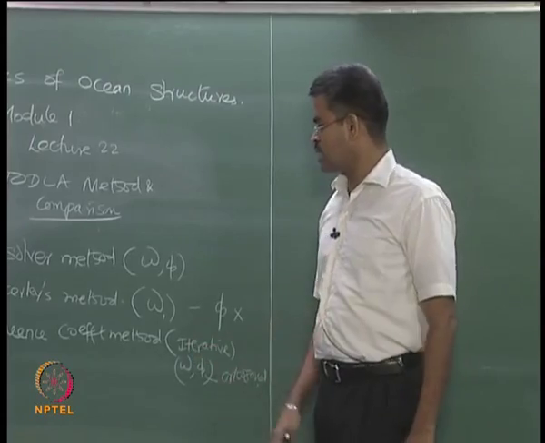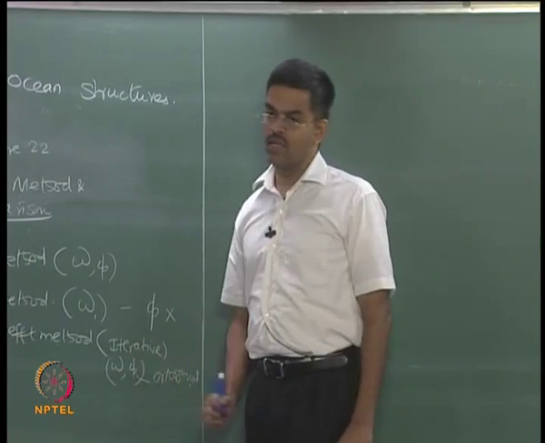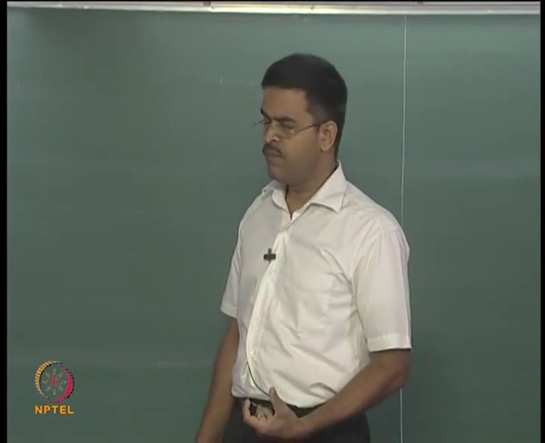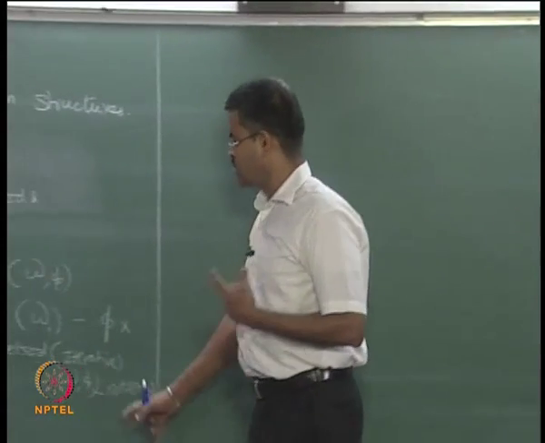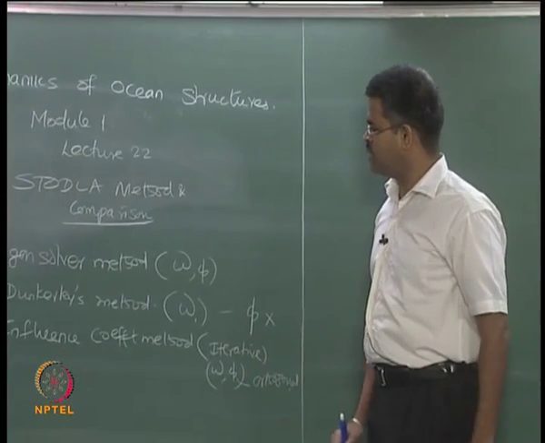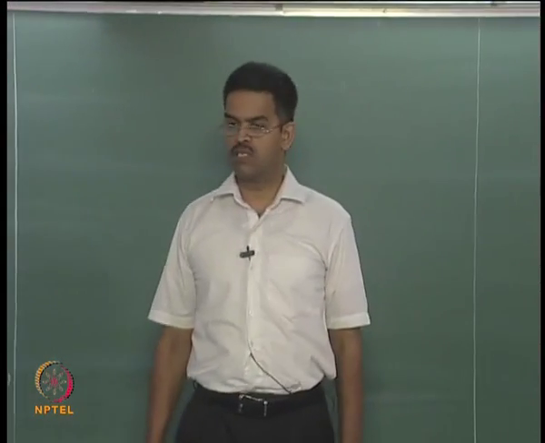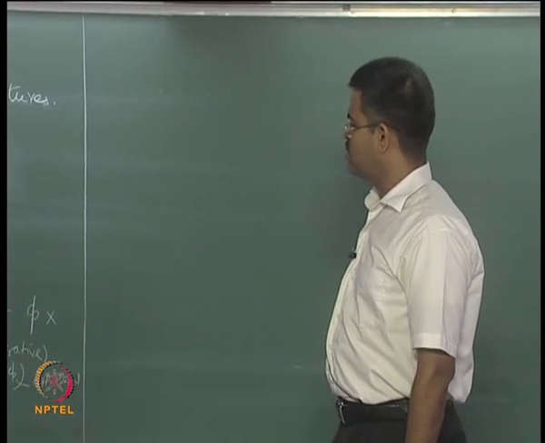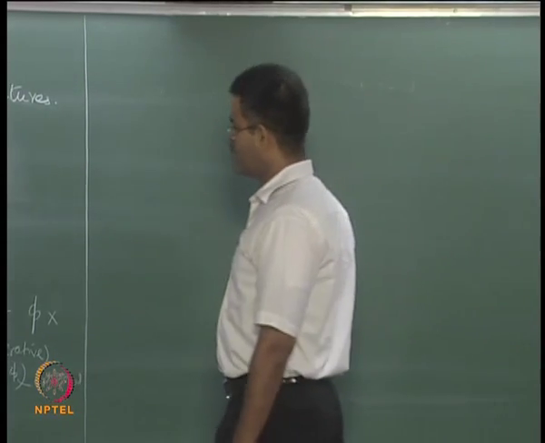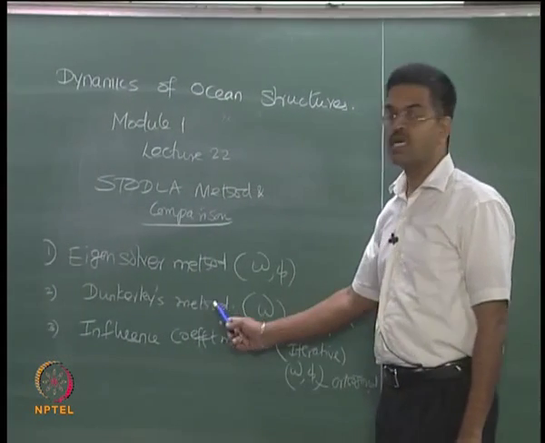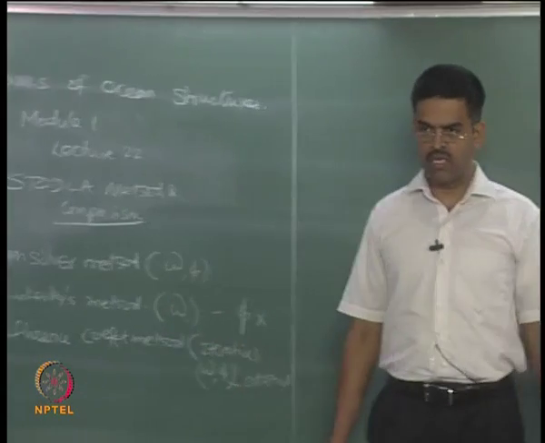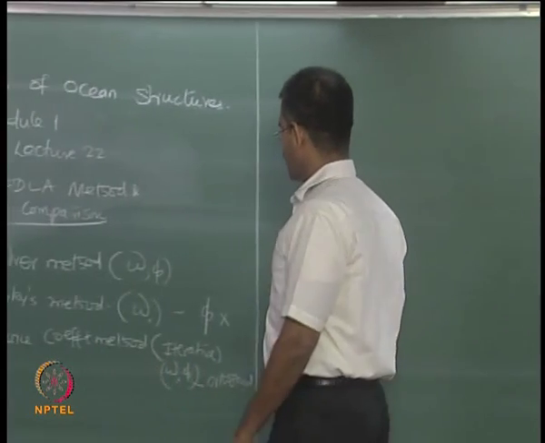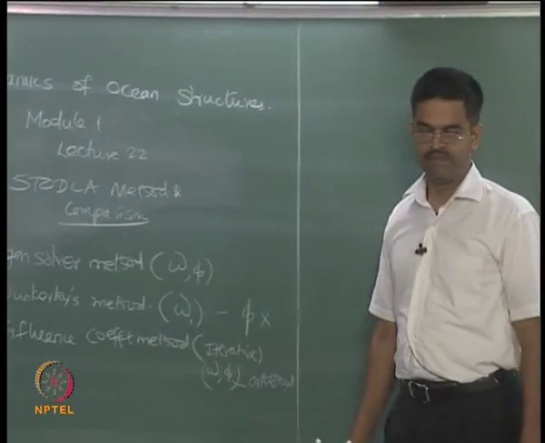But of course this method has a capability of giving me the pair of the values, which is eigenvalues and eigenvectors or frequency and mode shapes together in an iterative format. Of course this method can be easily programmable, therefore this method is faster and it is converging. We demonstrated two problems in this method. We also gave an exercise in the last class to show you how this can be solved using this method, and we have also compared the answers what we got from this method with that of the Dunkerley with the fundamental frequency, and we agreed that there is a close matching between the fundamental frequency values what we get from the influence coefficient method compared to Dunkerley's method.